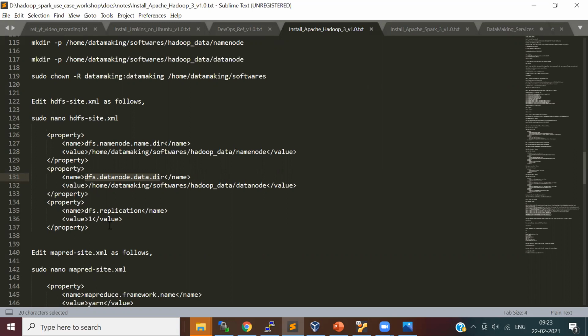To support that, there is a replication factor, which is set using this property dfs.replication. For now I'm just giving one because this is a single node setup. In a multi-node setup, generally you use three.